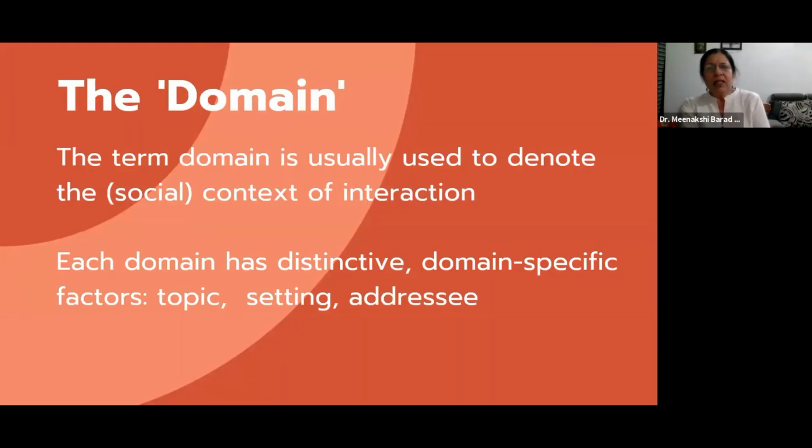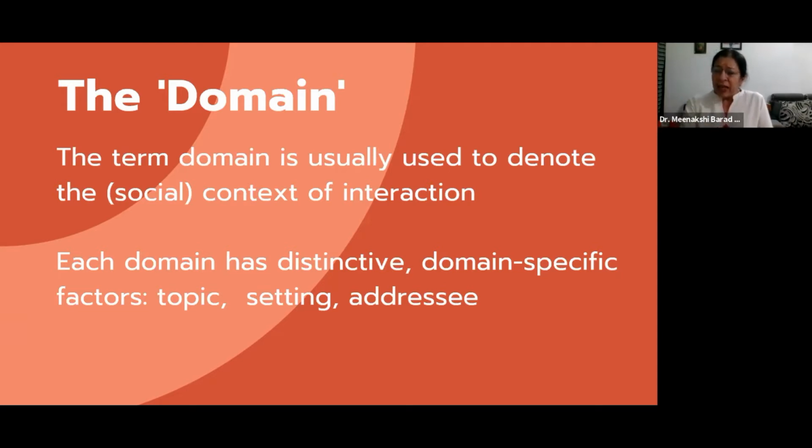Let's look at now, when we talk of language, domain is a very important term. The term domain is usually used to denote the social context of interaction. It is the concept of the sociolinguistic domain. The concept itself goes back to the American sociolinguist Joshua Fishman. And speech communities are made up of a number of domains which organize and define social life. So, in that sense,